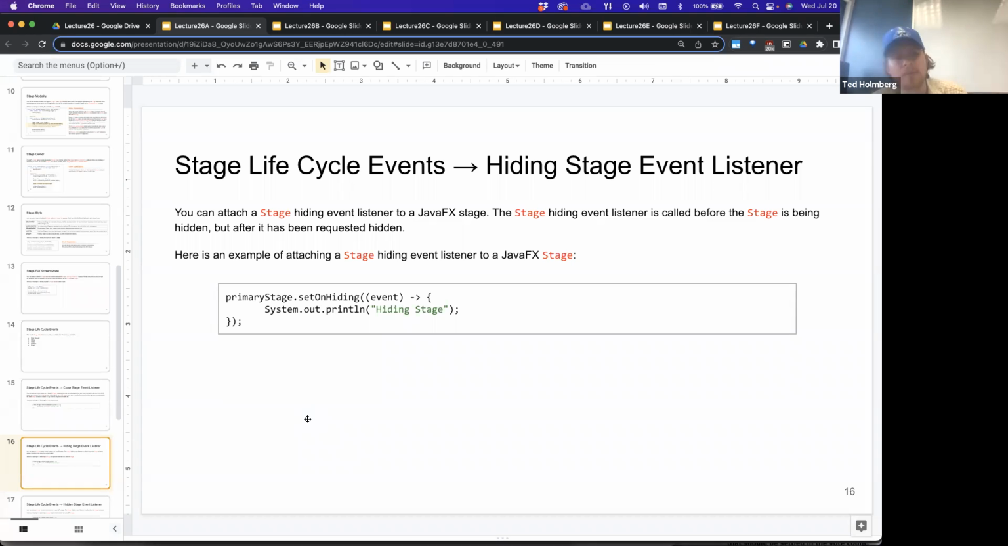Okay, let's look at some of the other events. So we have a hiding stage event listener. Here you can attach a stage hiding event listener to the JavaFX stage. The stage hiding event listener is called before the stage is hidden. And again, that's essentially your minimize button, but after it has been requested to be hidden. So in the instance that they hit that button on the frame, you can do something like, on the stage, setOnHiding and then an arrow function or a lambda function,